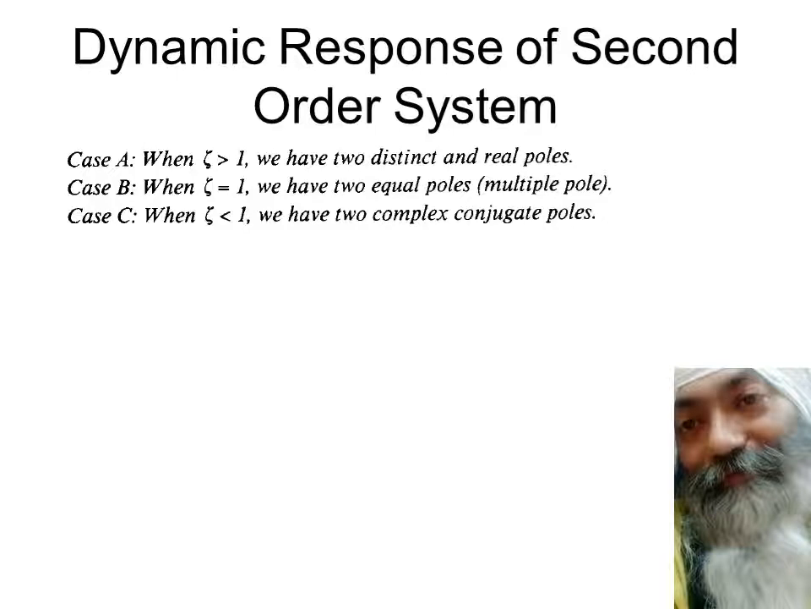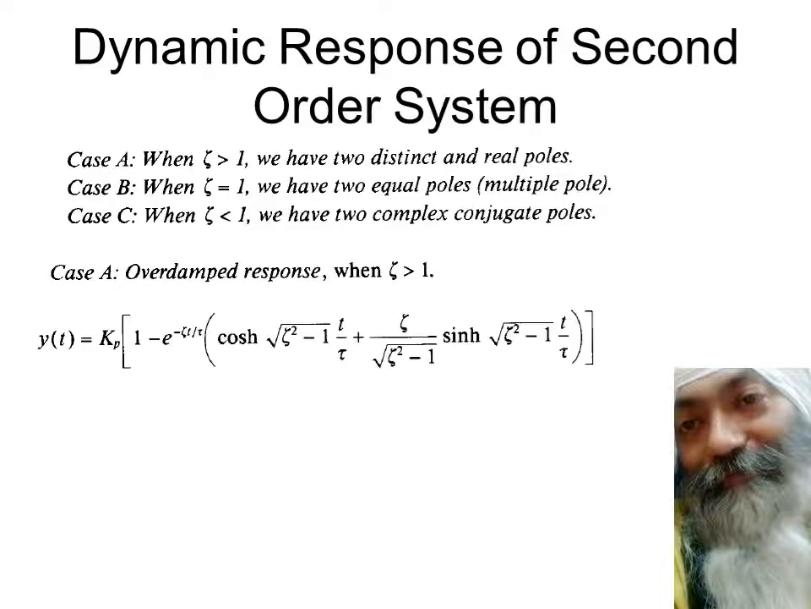As I said, we will explore all the three cases one by one, and case 1 is when zeta is greater than 1. We call this the overdamped response. When we have two distinct, unequal, and real poles, it's called an overdamped response. When you take the Laplace inverse, you get output in terms of cosh and sinh. It looks very complicated in the algebraic form, but